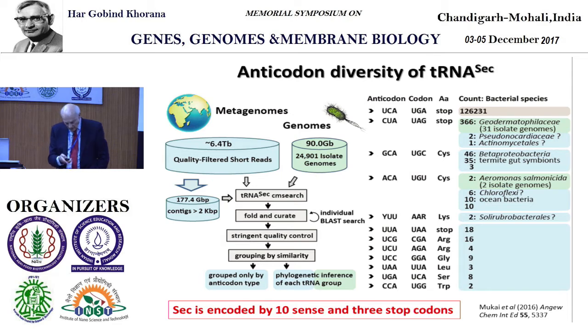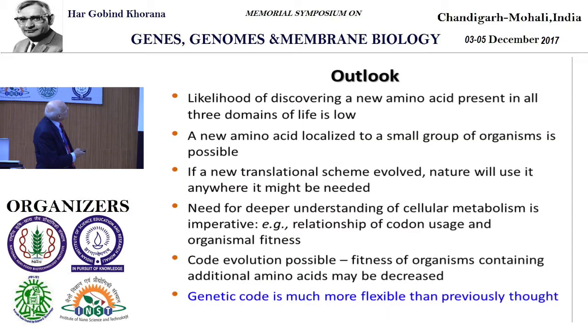This is just one example. So with this, I would like to leave you with the thought that the likelihood of discovering a new amino acid present in all three domains of life is exceedingly low. I don't think it's going to happen, because we have analyzed so many sequences already. But a new amino acid localized to a small group of organisms is possible, and this is of interest, like